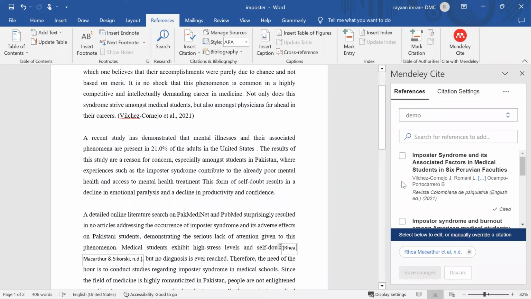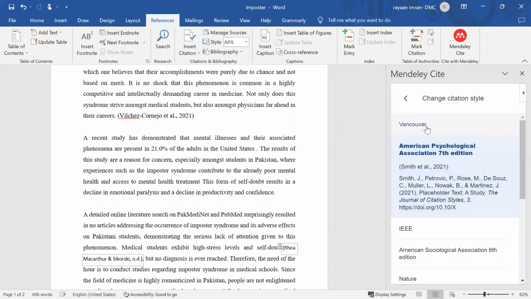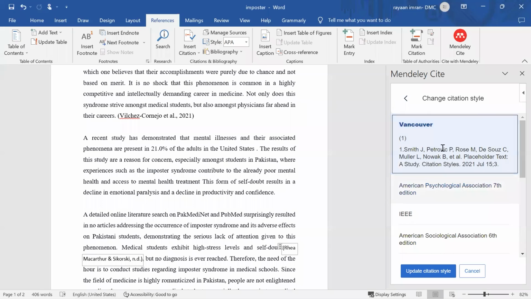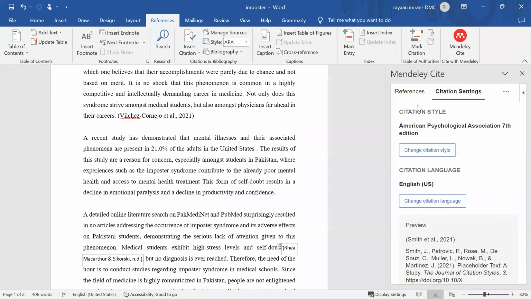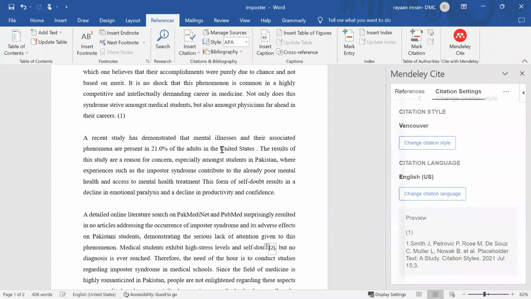हाँ, चला गया. So मैंने वो add करना था and इधर एक छोटा सा add हो गया in the different style that is there, and I chose American Association. Let's say I go to this Vancouver style, उल्टा कर दिया हमने, मैंने गलती से American कर दिया and I want to change it. So what do you do? Go to citation settings, go to change citation style, click on Vancouver, update citation. ये हो गया, and as you can see 1 आ गया यहाँ पे, खुद से ये मैंने लिखा नहीं है, बॉक्स में नया चीज आ गई है.